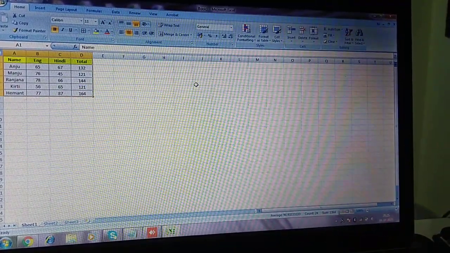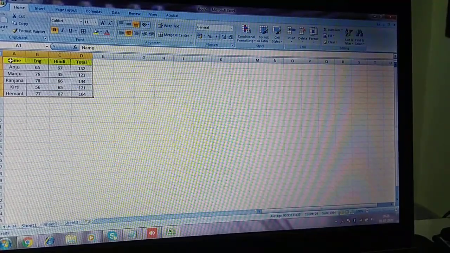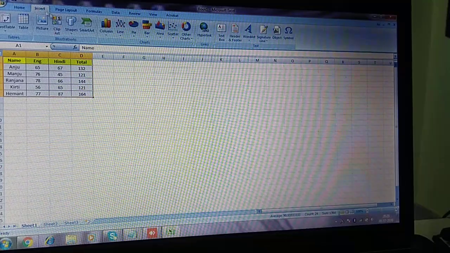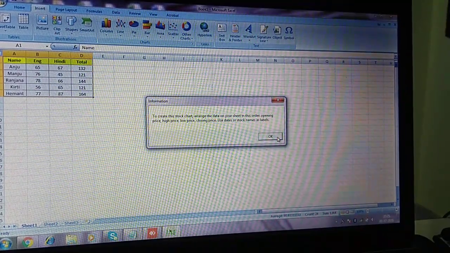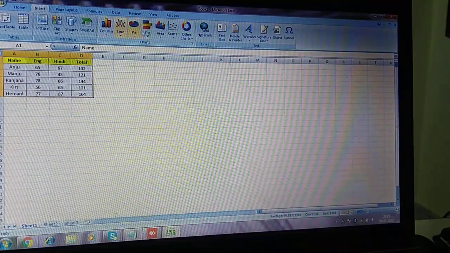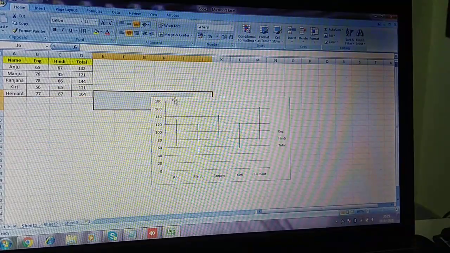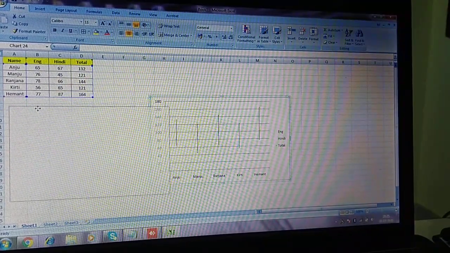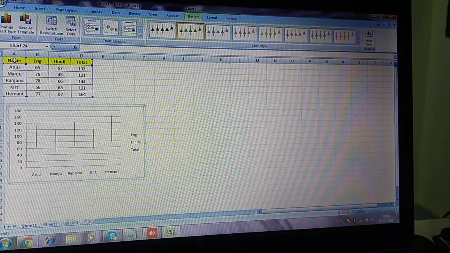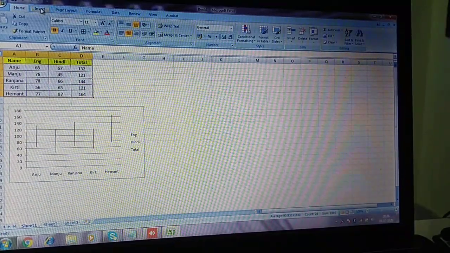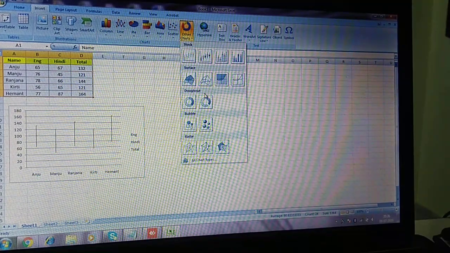Next is stock chart, then bubble chart, and then surface chart. All three I will present you here. Insert, other charts. This is the stock chart. Stock chart is not getting inserted. Prices are too high, it is saying. Okay, one we have inserted. We'll place here stock chart, make it small, then again select the table, then insert tab, then other charts, then surface chart is there or bubble chart.